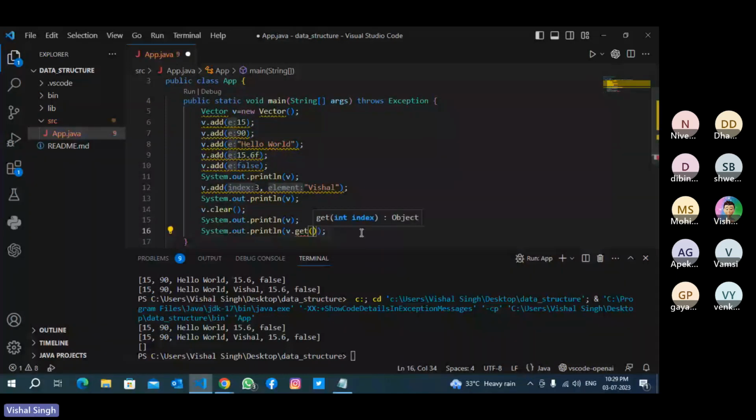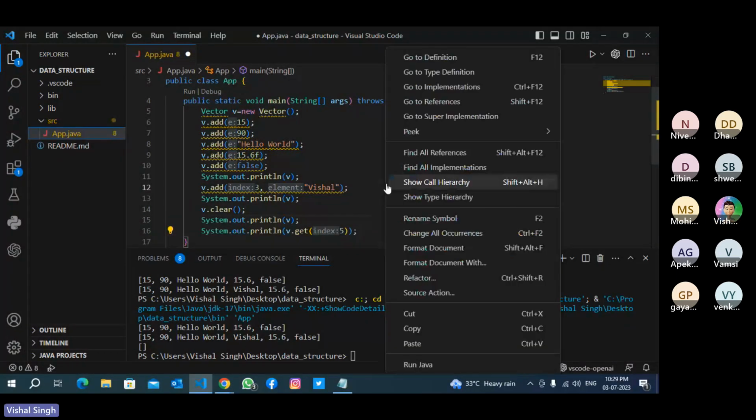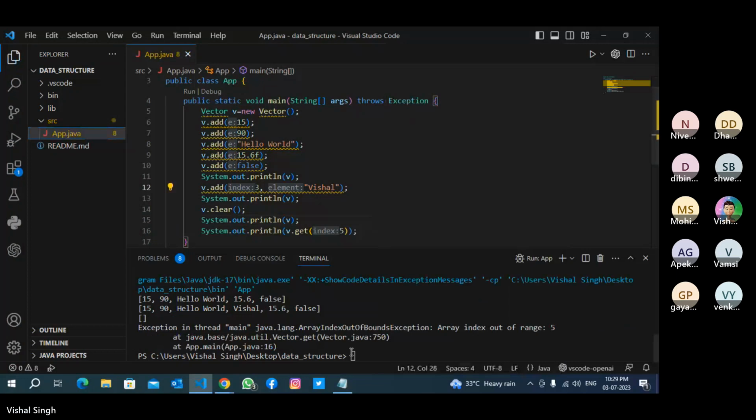Okay. I want to get the fifth element. Fifth means sixth because it starts with 0. Okay. So run Java. 0, 1, 2, 3, 4, 5. So: Exception in thread main, array index out of range 5.